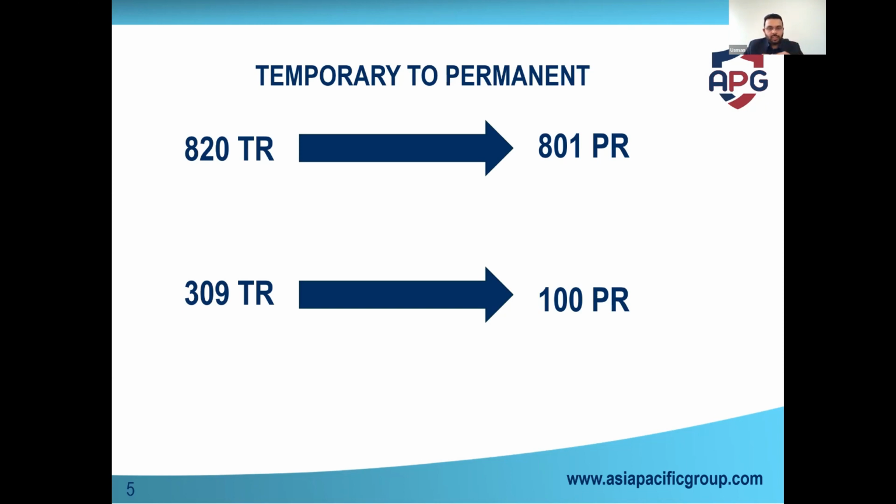If you apply for the offshore 309 visa, no matter whether the 309 gets granted or not, from the date of application of the 309 visa, you get the 2-year time period. So once the 2-year time period is done, then you get an immigration approval that you can apply for the permanent visa. Usually they contact you or your agent that you're eligible for the second stage visa, which is the PR. So whether you apply onshore or offshore, you will get the email or notification after 2 years from the date of submission of the initial visa that you'll be allowed to apply.